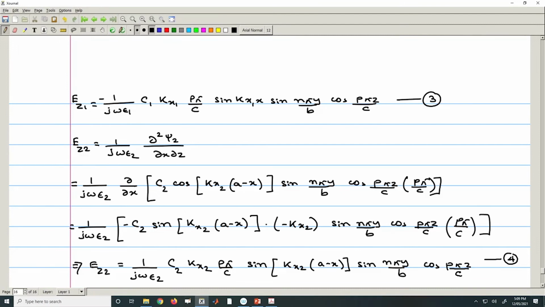Therefore, we can write, so now we have E y 1, E y 2, E z 1 and E z 2. Okay. Now, from continuity of field quantities,